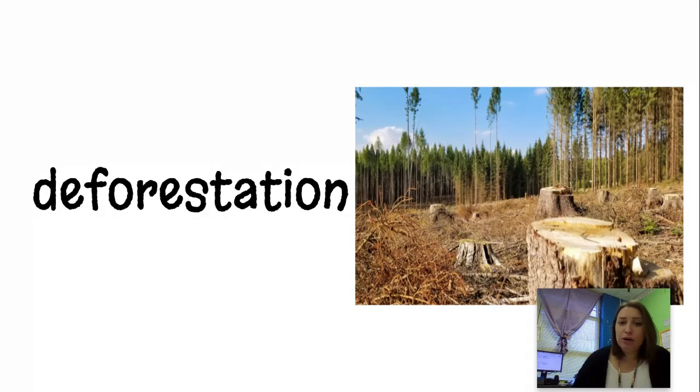So imagine if you were an animal and you lived in a little area, and then they came and cut down all the trees. You would have to move to a new area, and that makes problems. There's too many animals living all together because of deforestation. They've cut down a bunch of the trees for timber, and now some of the animals are misplaced. They don't have a house anymore.